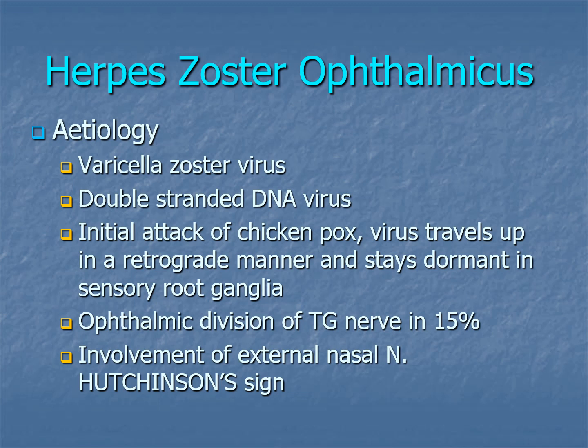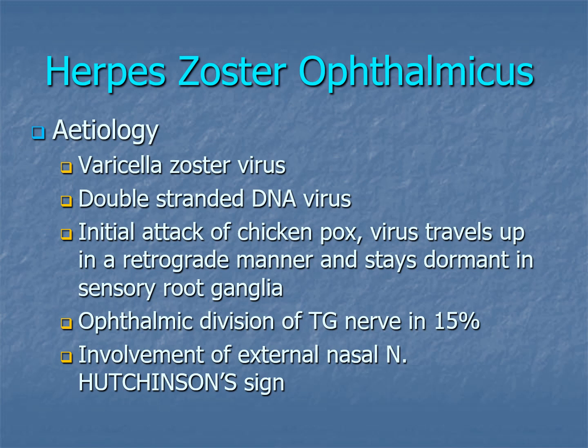When it initially attacks the patient, it causes chickenpox. Then the virus travels up in a retrograde manner and stays dormant in the sensory root ganglion. That is the trigeminal ganglia, the semilunar ganglia of the trigeminal nerve. So in herpes zoster ophthalmicus, the ophthalmic division of the trigeminal nerve is involved in 50% of cases, and involvement of the external nasal